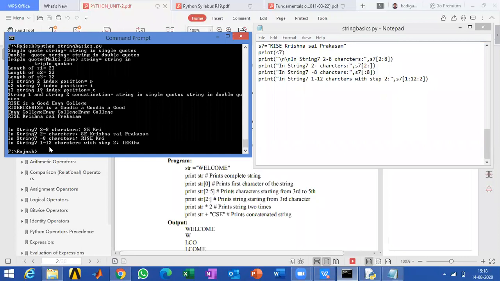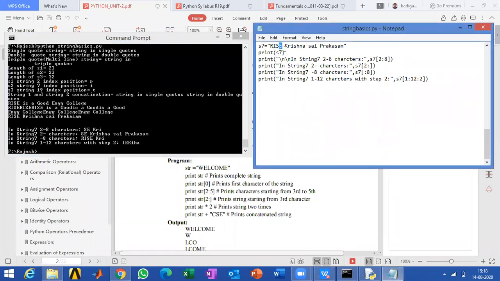See in string 7, 1 to 12 characters with step 2 is IEKIHA. so I అనేది 1 character, I తర్వాత మనకి E ప్రింట్ అయింది. సో ఫస్ట్ దిస్ I and E and this space తర్వాత ఉన్నది K and this particular I తర్వాత H and ఈ H తర్వాత N ప్రింట్ కాదు A, అండ్ మనం ఇక్కడ ఇచ్చిన ఎండ్ వాల్యూ 12 ఇచ్చాం కాబట్టి ఆ